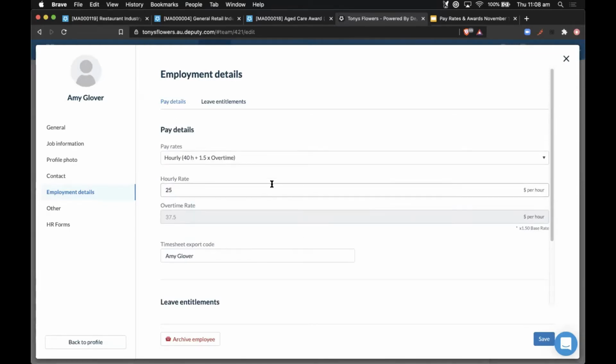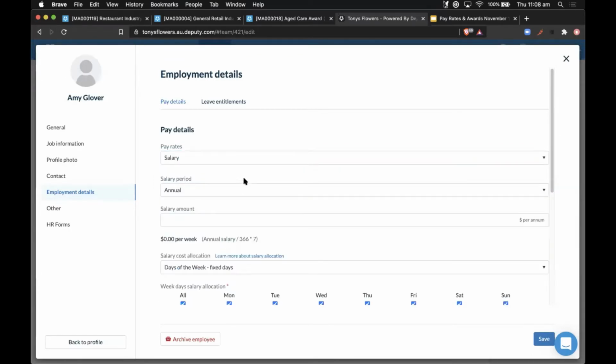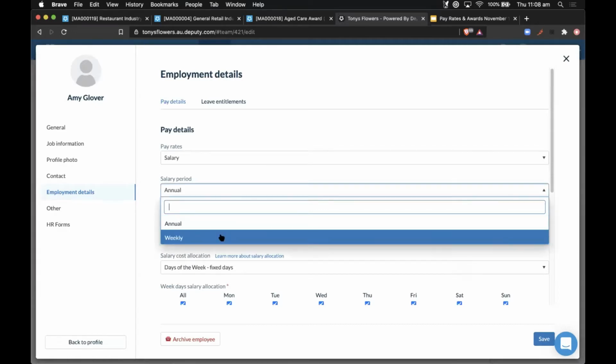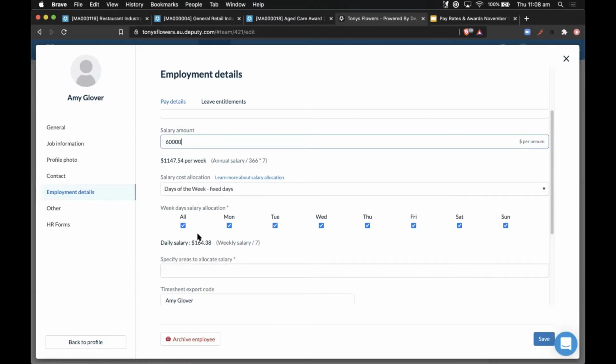And then another structure of pay that is quite common is salary workers. Now, salary workers is a little different than hourly, because what you need to do is you basically need to rationalize the salary pay, whether it's annual or weekly, put the value in, and then elect the days of work that they pay. Now, what this does is this helps basically work back the calculation as to how the annualized or weekly salary is broken up in the week.